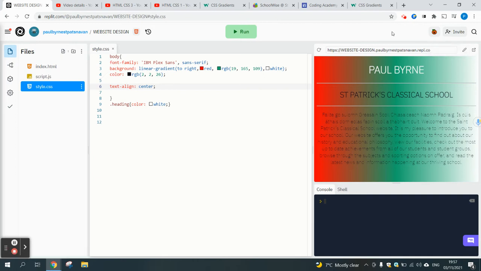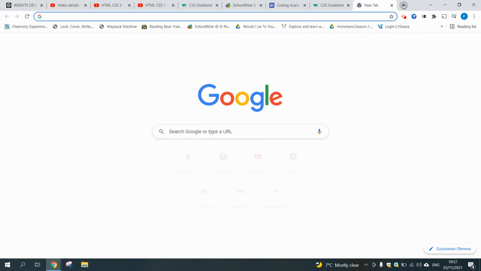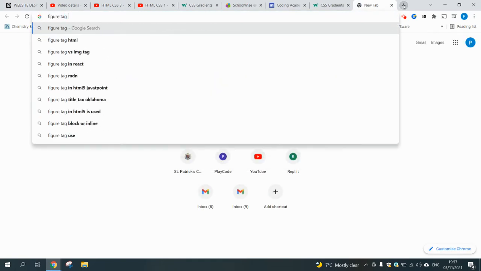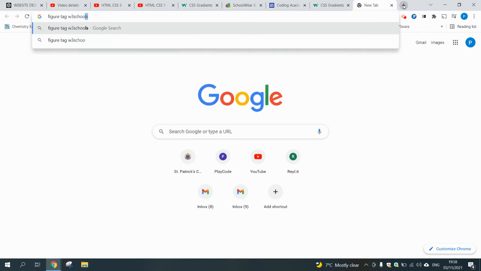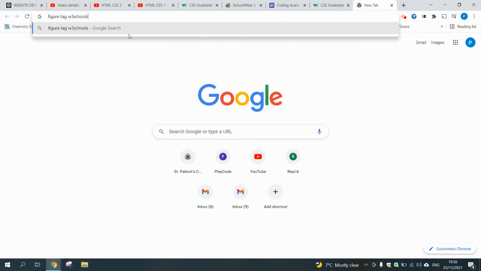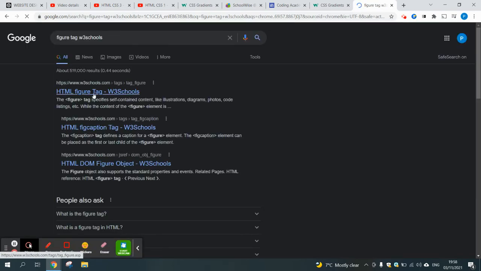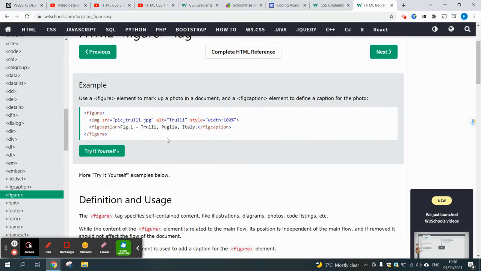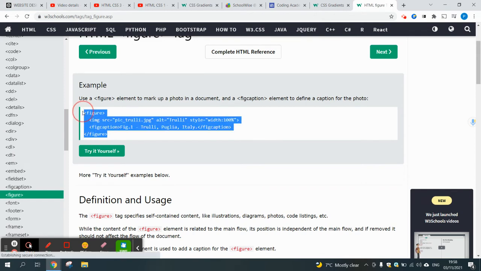Now, again, this is one of the areas where we don't actually have to write some code. I'll plus a new tab, figure tag, and again, this W3 Schools is the website I'm going to use. And it will have an example already. All right, so here's my example on W3 Schools. Now, I'm going to change things about that example, but what I'm going to do is copy and paste it. So I start at the end, highlight it, Control C, that's CTRL, hold down the letter C,